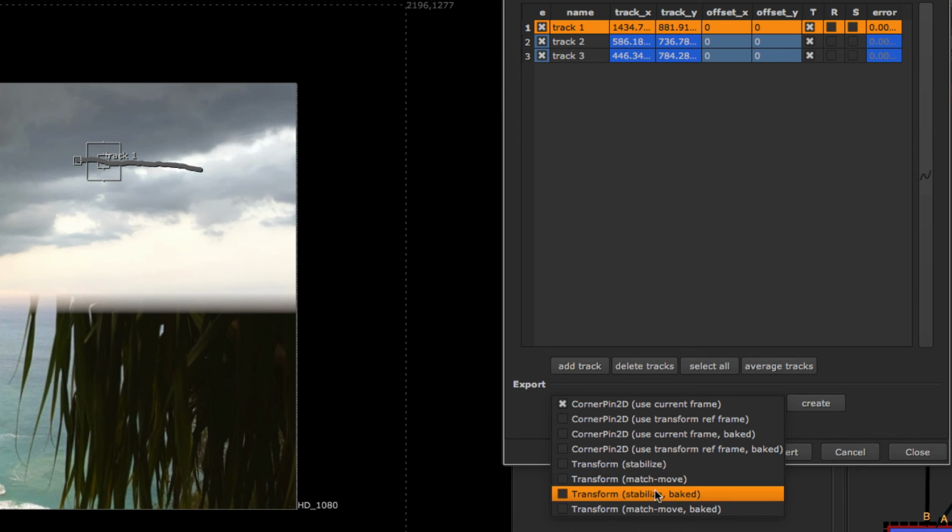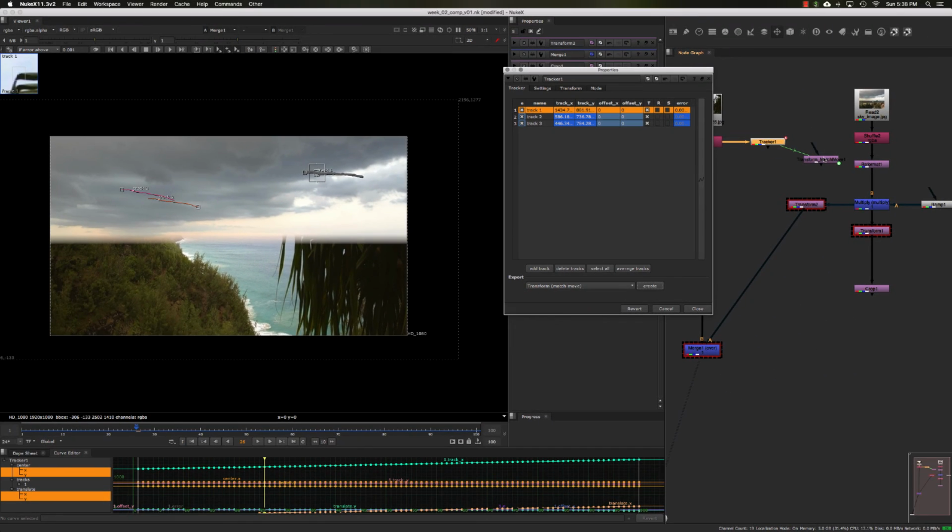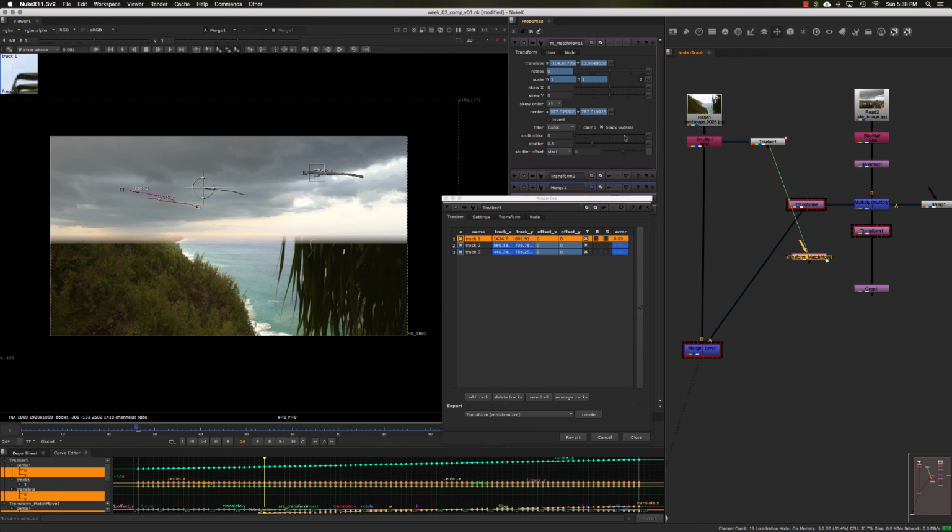If we don't bake it out, so if I select this transform match move and I hit create,